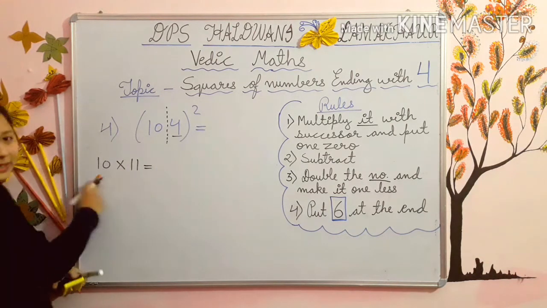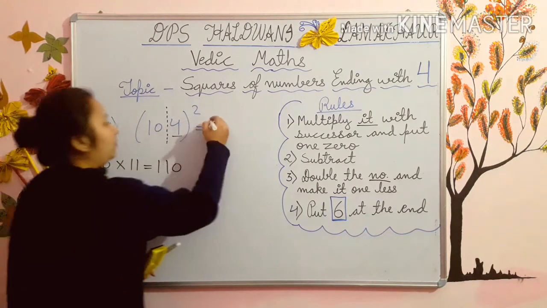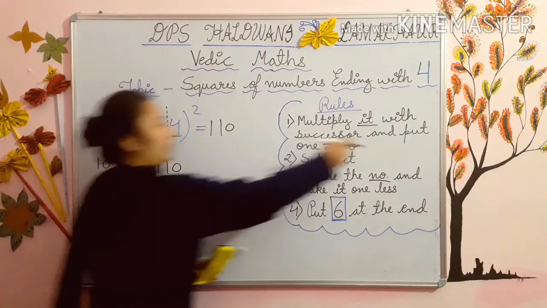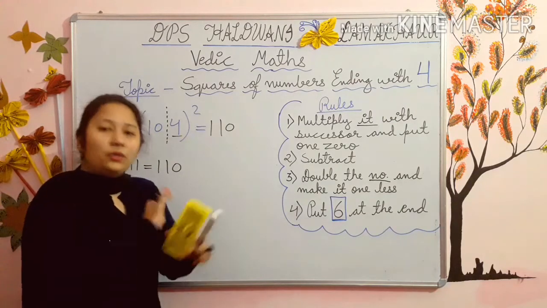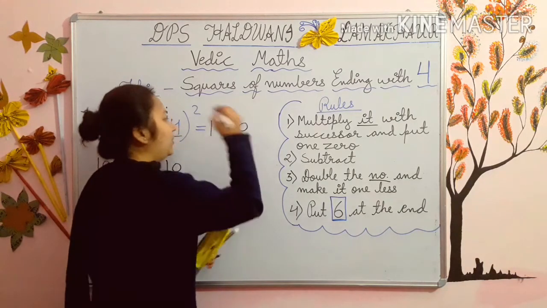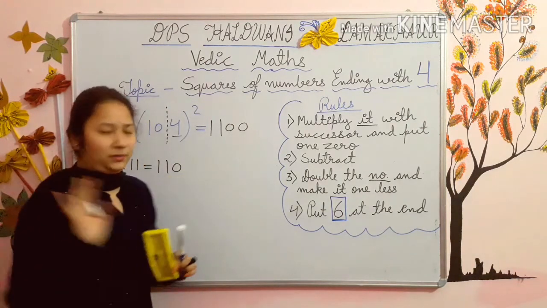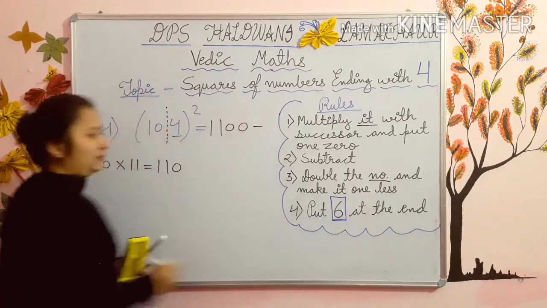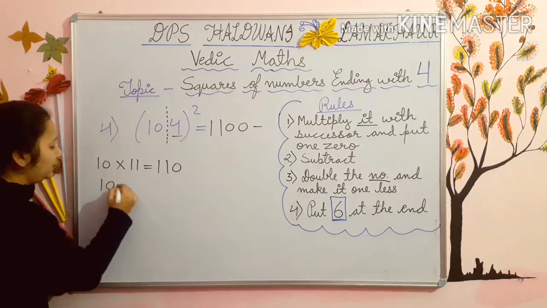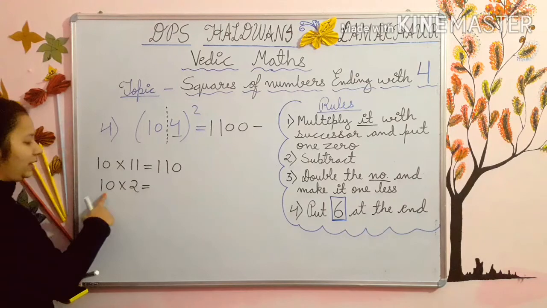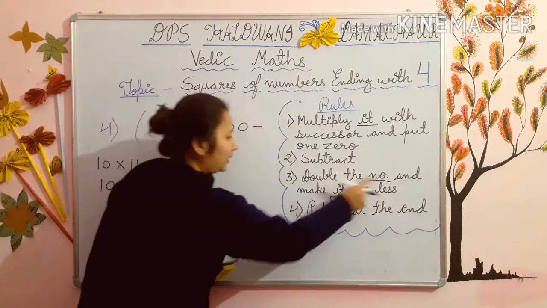Now, 11, how will you multiply it? See, 11 ones are 11 and put 1 0. Now, write it here. After that, put 1 0. Now, you can see that 1 0 is already there. No worry. You have to put 1 0 because it's a rule. If there is a 0 already, then also you have to put 1 0. Subtract. Now, next is double the number. Your number was 10. Double the number means I am multiplying it with 2. Now, 10 2s are 20.